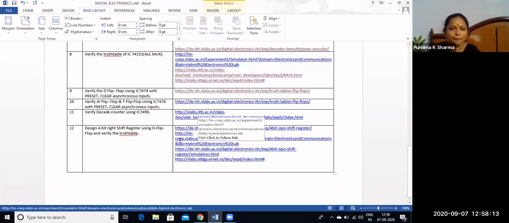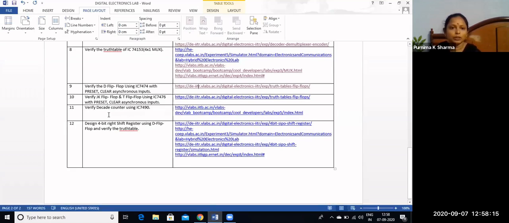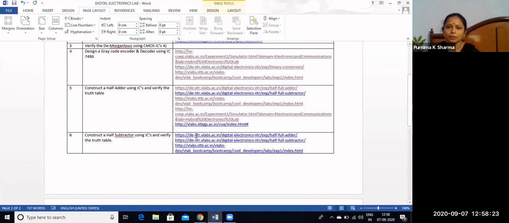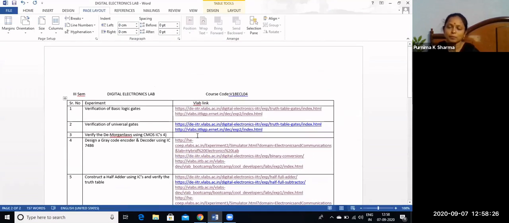Okay. Next, we can do the operation of counters as well as shift registers. All the links are given here. You can do the experiments using these virtual labs. If you have any doubts, you can ask me now.